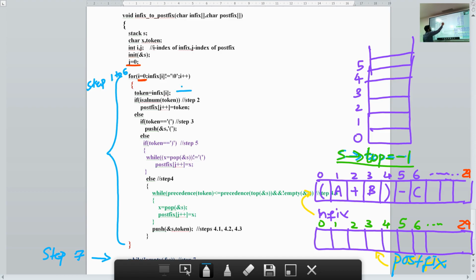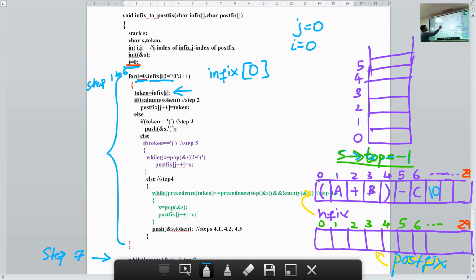What I do in the first step here, I check whether the infix array has reached the end of the string. So this is the end of the string here, somewhere here. No, it has not reached the end, because I is equal to 0. What is infix of I? Just read this statement here. You made I equal to 0. Substitute I value as 0. Let me write it here. I value is 0. You have already set the j value as 0.